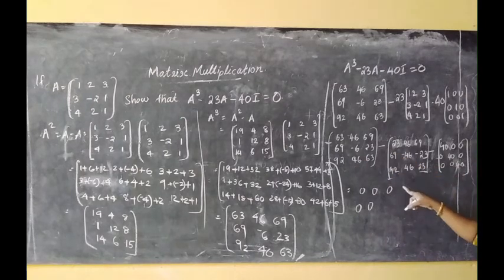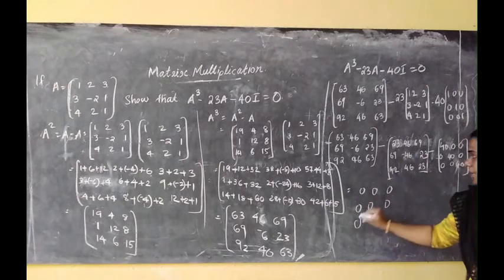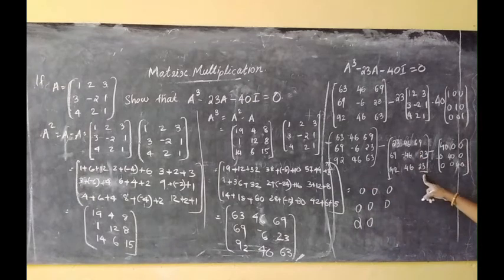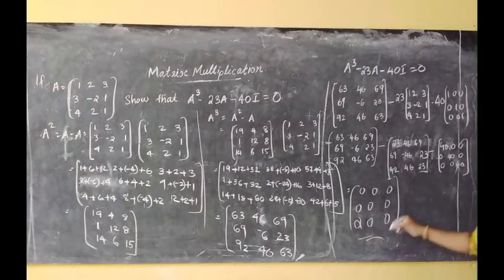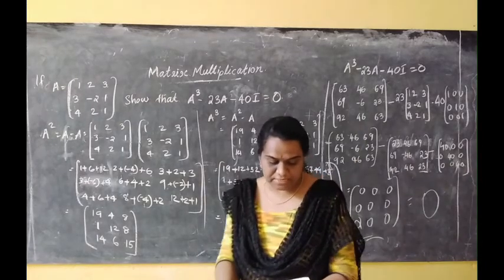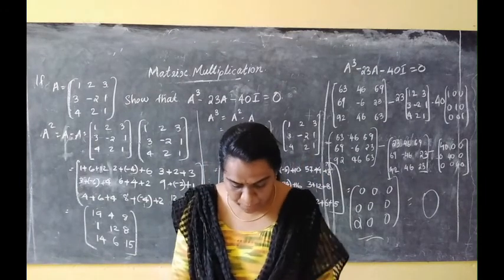What do we get here? We get here 0. Okay, here it is 23. And now 92 minus 92. 46 minus 46. 63 minus 23, 40. 40 minus 40, 0. Hence, we got 0. I hope you understood this. Did you understand this? Now we can discuss some exercise problems.